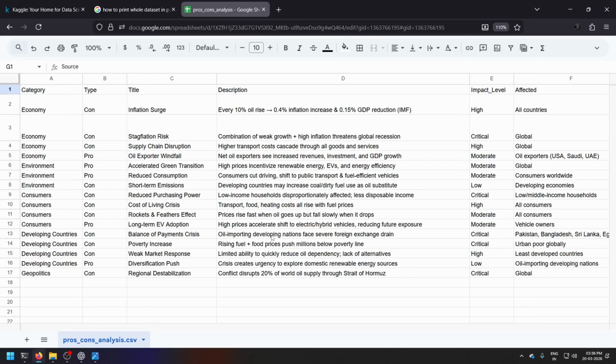Oil importing nations face severe foreign exchange drain, balance of payment crisis, that is the con for developing countries. Inflation rate: every 10% oil rise, 0.4% inflation increase, and so on. And still the question remains, what type of changes have there been?